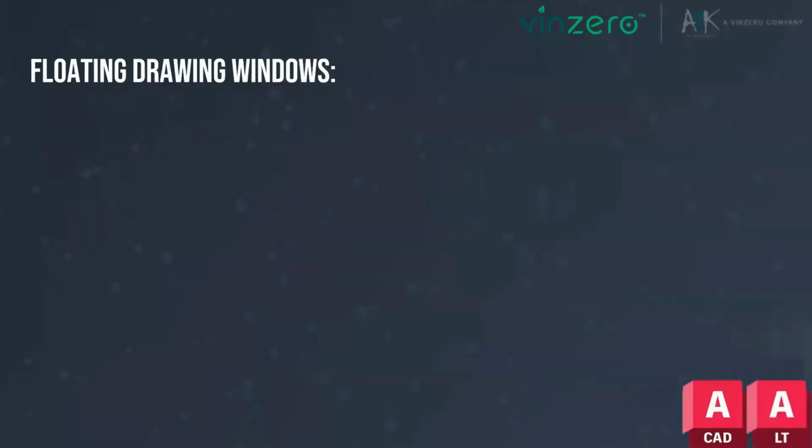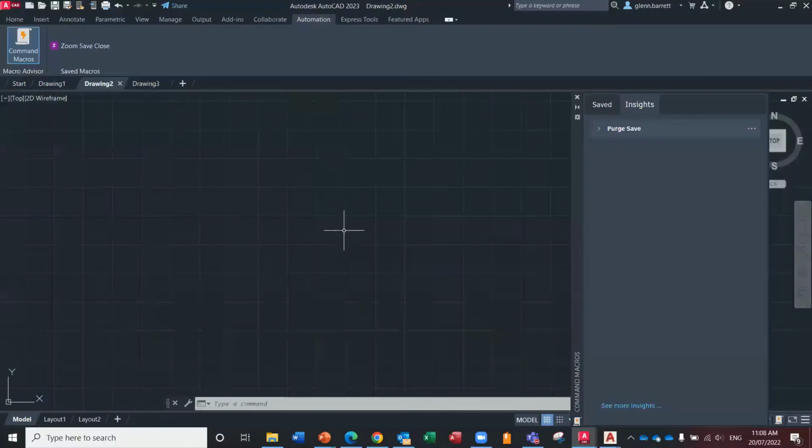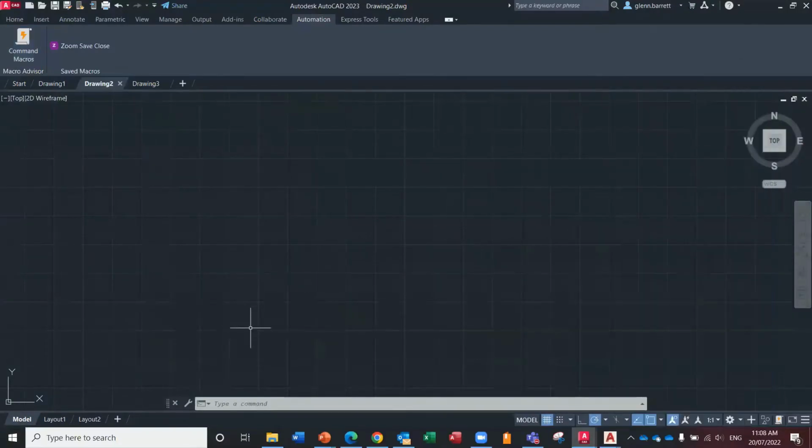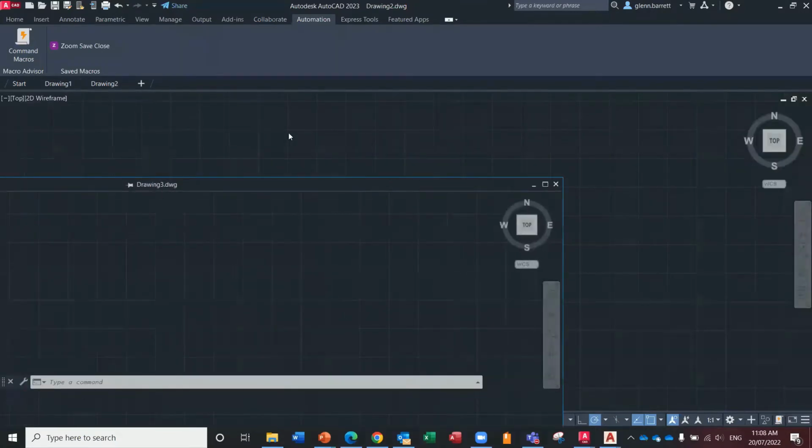So that's one that's in there. They've done some nice things with floating drawing windows. So what's happening now is the command line will go into whatever's the active or top floating drawing window. In playing with this, I found out a few interesting things that you've got to be careful of. You want it what they call anchored to the bottom, so that if I tear off any drawings,